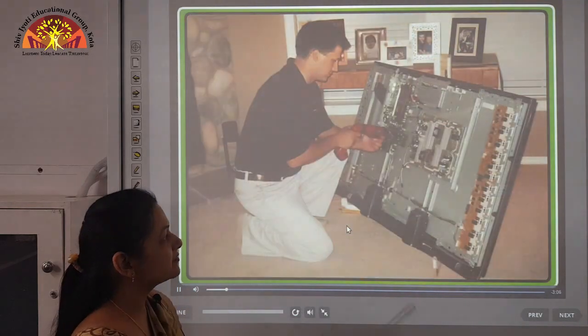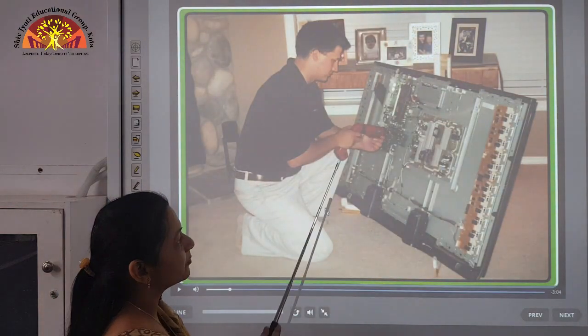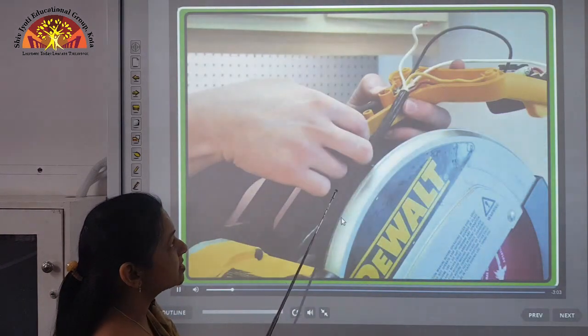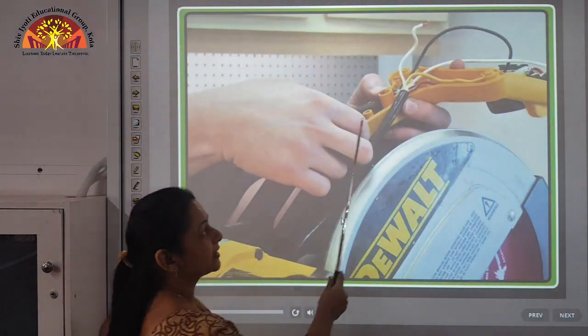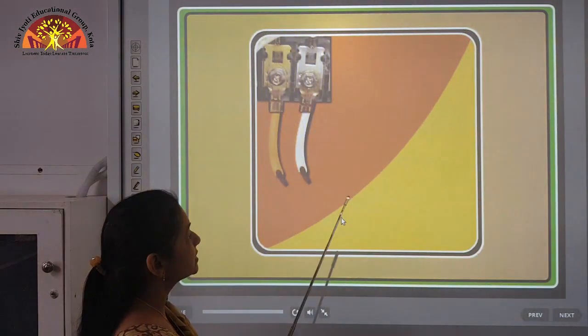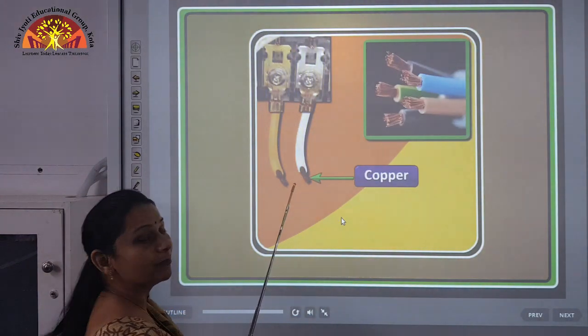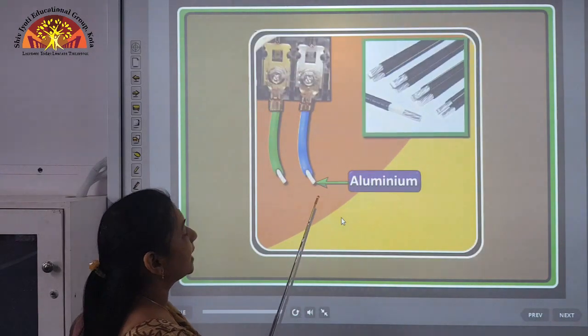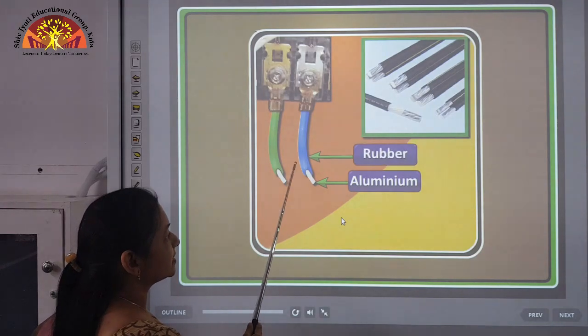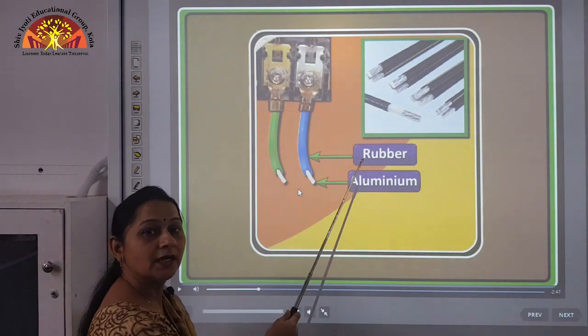Now you must have seen, while the process of repairing is going on, that the wires which are used in the electric circuits are made up of metals like copper and aluminum, and the upper part of the wires is made up of rubber.